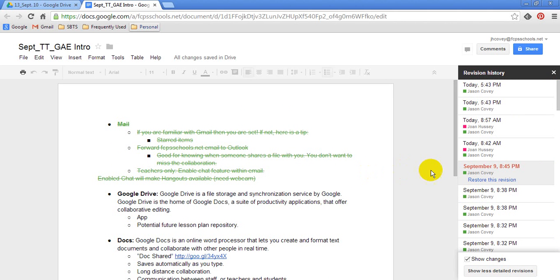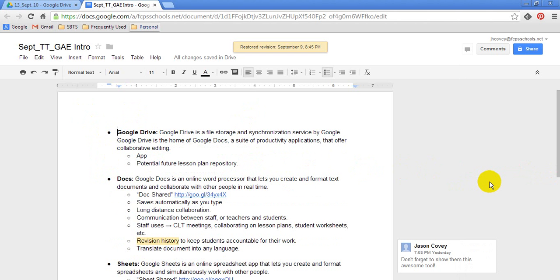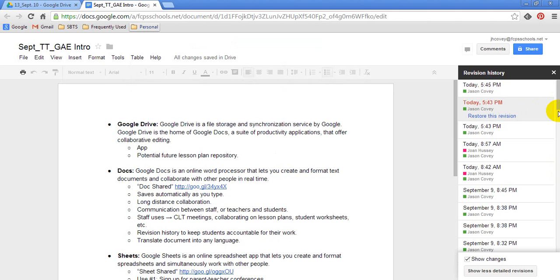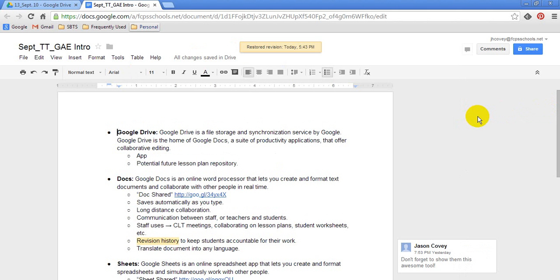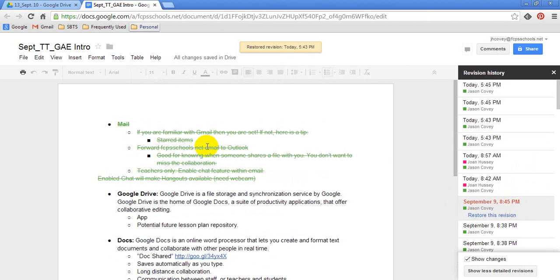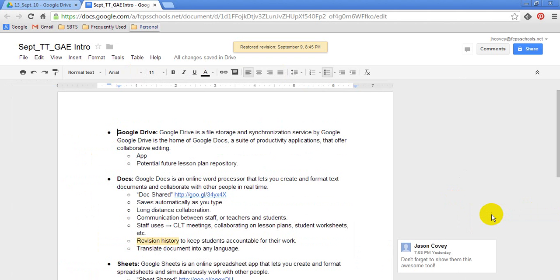Let's see here. Here we go. When I was working on this document, I actually took out all of this, and you can see that I deleted this. So it's showing me that, that's why it's crossed out. If I wanted to restore this version, I could press restore version, and it would bring back those things that I deleted. If I wanted to revert back to a later version of it, I could go back and restore a later version. Okay, restore today at 5:43. So that's pretty cool. You can go back as far as you want. If I wanted to bring this back,